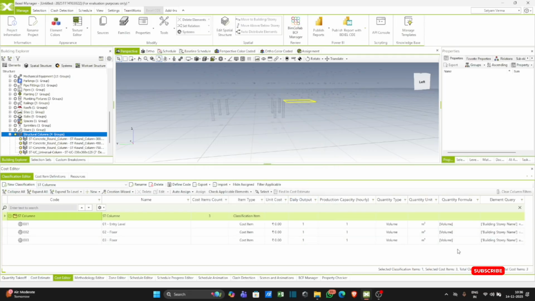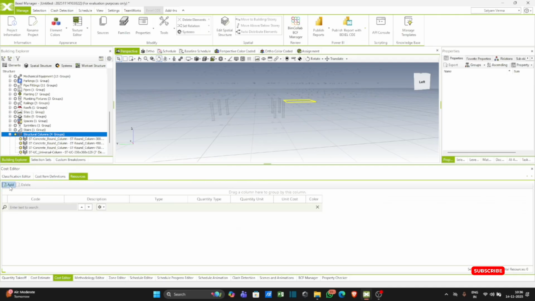Okay, so now go to resource and add. Here you can see add resources. RCC is a material, quantity type volume in cubic meter, and RCC unit cost is 7,500. Now add another resource, mason.